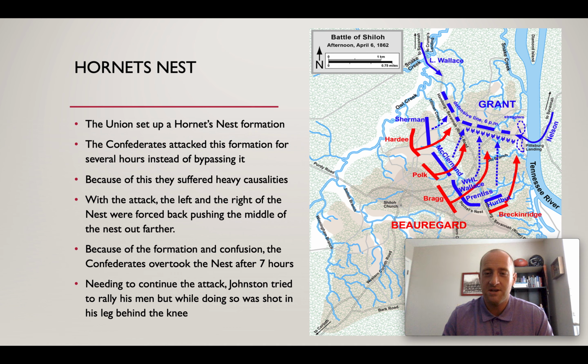And because of this formation and the confusion and the lack of leadership, the Confederates took about 7 hours to finally overtake that nest. Now,